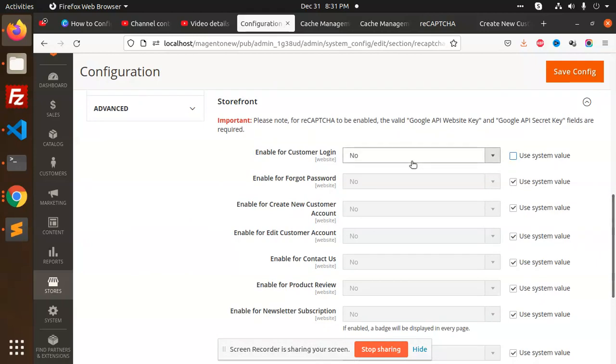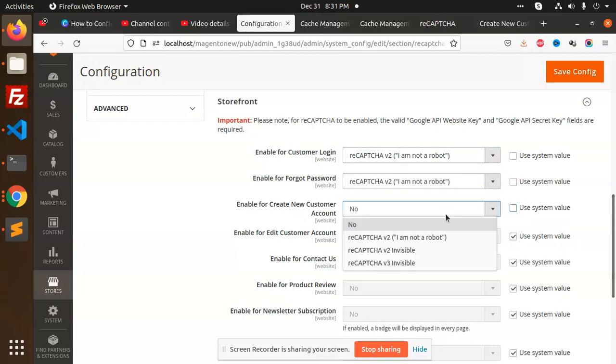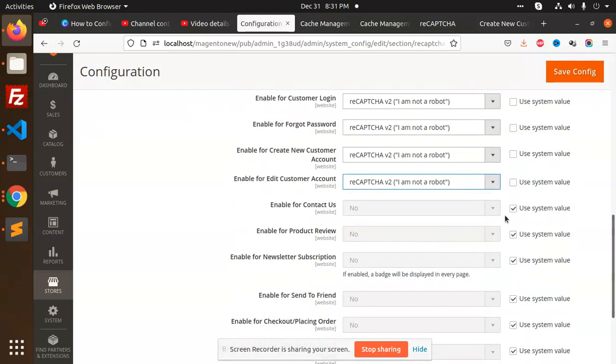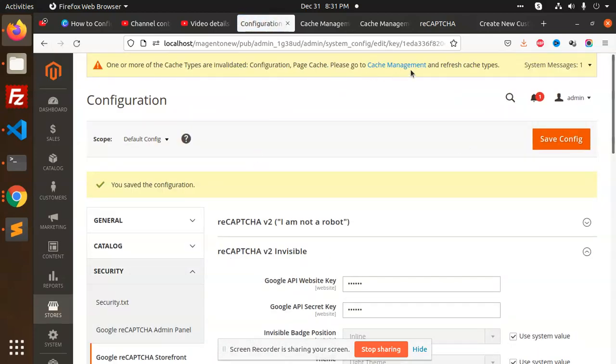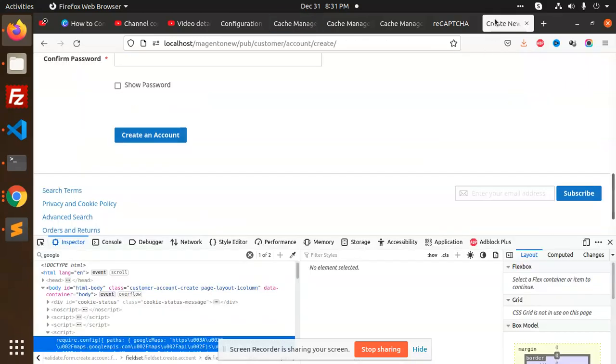Okay, here we forgot to enable v2, I'm not a robot. Enable on forgot password, creating a new customer, editing a customer, enable for contact us. If I save this configuration, this is done. Let's go and flush the cache. Let's go and check.